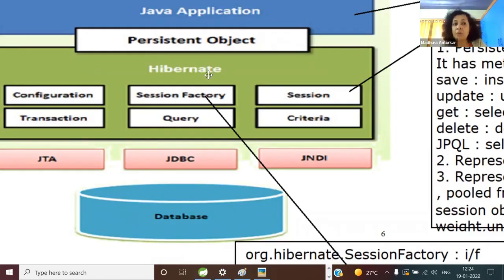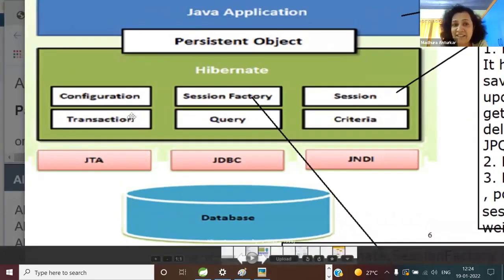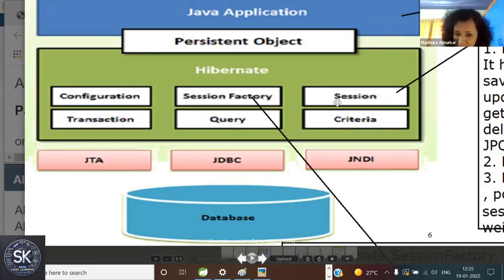So this much. Now you can see that middle triangle, not triangle, what is it called? Rectangle. The green colored one is your Hibernate infrastructure, or you can say Hibernate framework, Hibernate architecture. So what are the essential components? Essential components are already mentioned here. And the heart of Hibernate, heart meaning the basic interface, the main runtime interface you will be using in the next 3-4 days before I take you to JPA. When I take you to JPA, it will be something else. So that will be